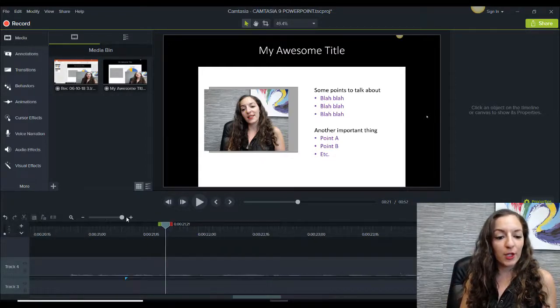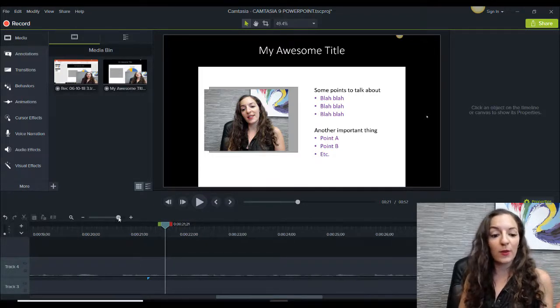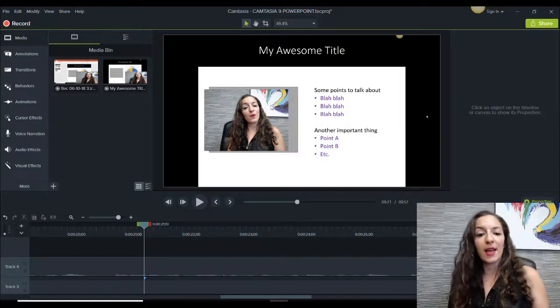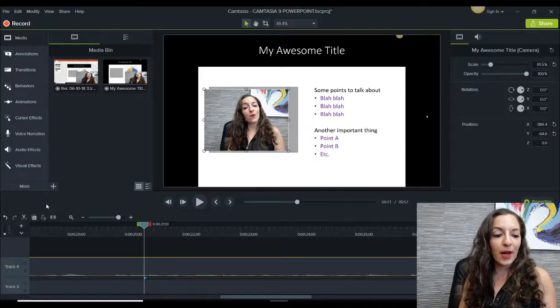I'm going to magnify the footage more. You can see these little markers, and this is really cool. Camtasia will mark where the slide changes. So you know that right here, it changes to the second slide. So I need to cut this piece